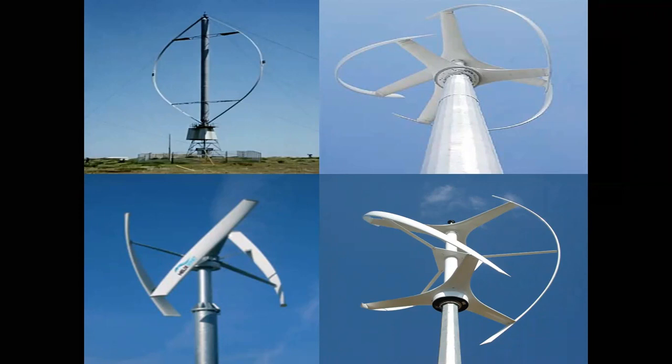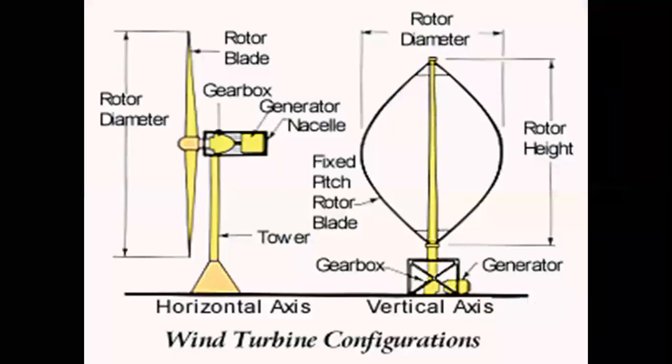And in the vertical axis windmill, the fan speed is less than 1000 rpm. For the horizontal axis windmill, the fan speed is greater than 1000 rpm. This is the comparison between vertical and horizontal axis windmill. In the horizontal axis windmill, the shaft position is horizontal, that's why it is called the horizontal axis windmill. In the vertical axis windmill, the shaft position is vertical. Here, in this structure, the top position is fixed for the complete mechanism, that is low speed shaft, gearbox, high speed shaft, so many things.